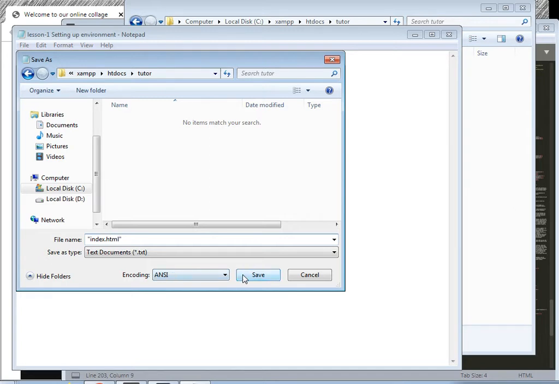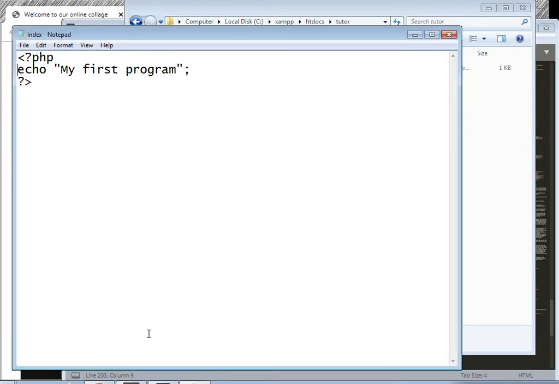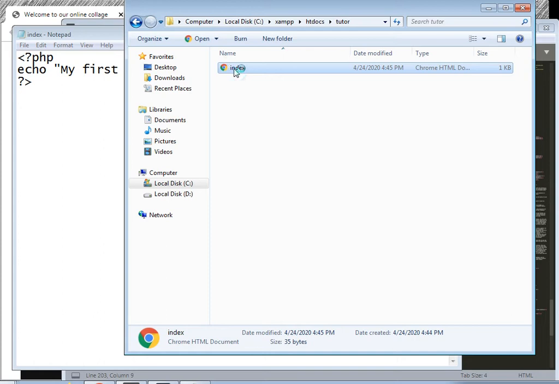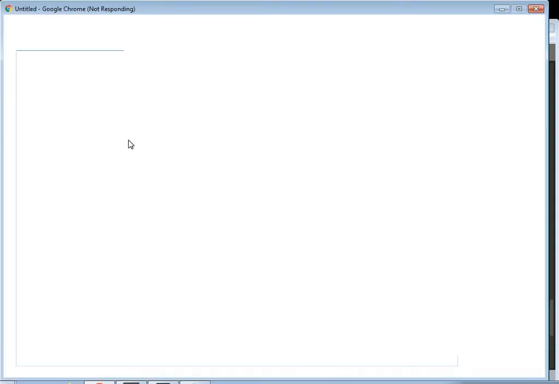Okay, and save it. Now I open the tutor folder and double click index.html, right?